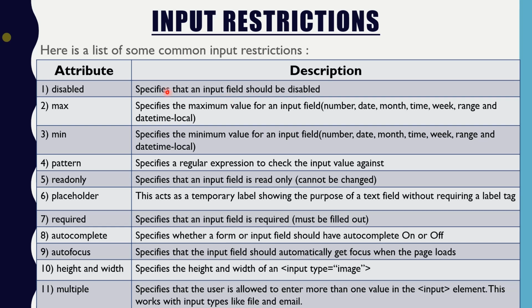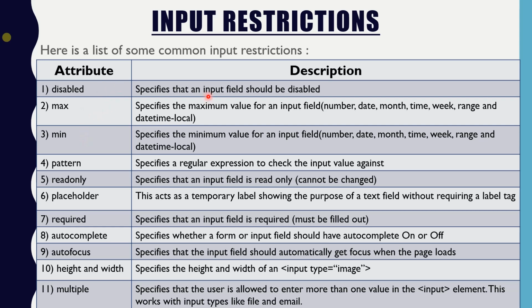So this field will be disabled, but what they see, that value should be written here only. For that, you should write the value attribute along with disabled. In the input type, you write disabled, then you write value, and in that value you write the text which the users can see. So for disabled, the value attribute is also compulsory.